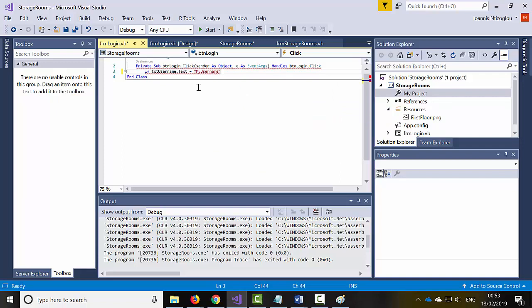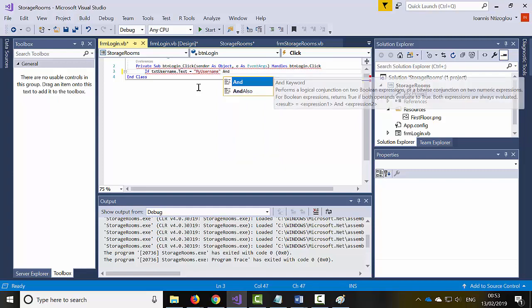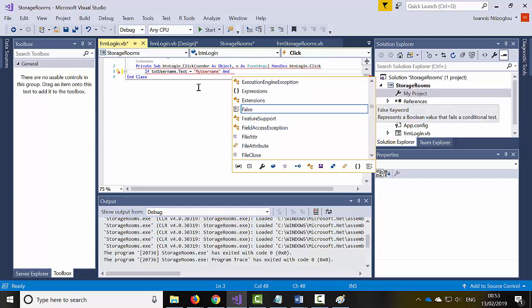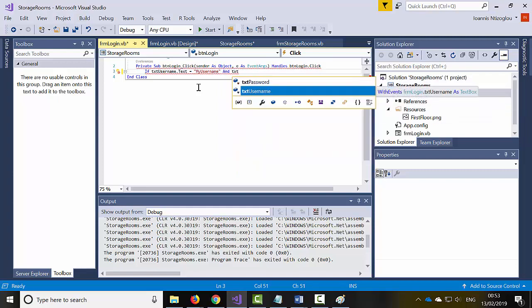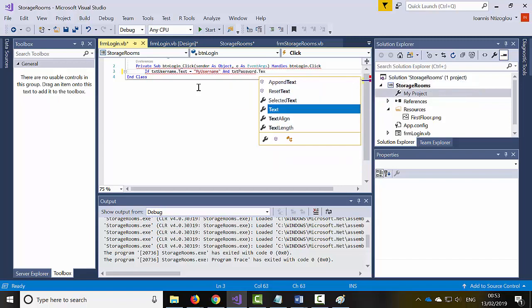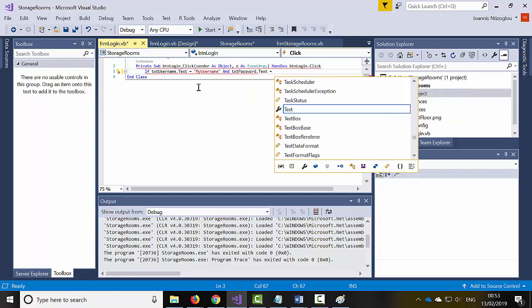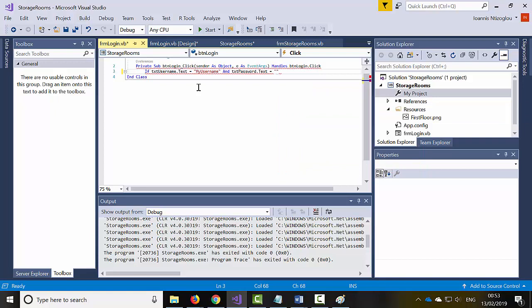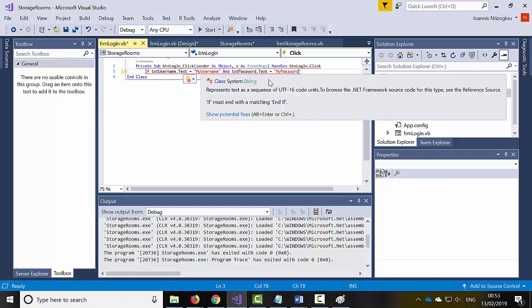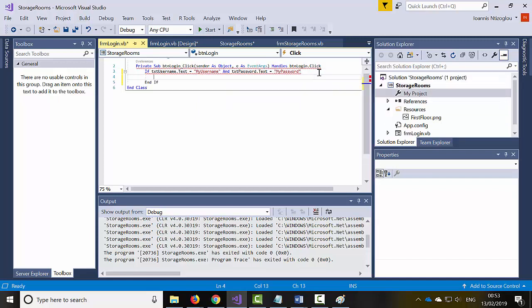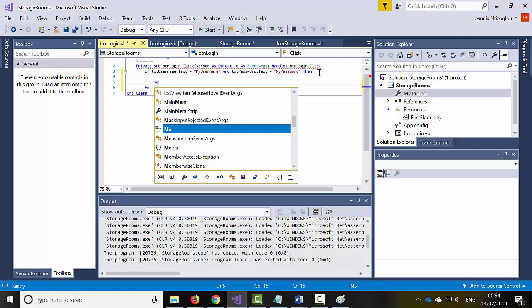This is based on what the client requests, and then I will say and txt password dot text equals whatever my password is. So as you can see, I put capital M, capital U, capital M, capital P. If that's true, then I want to Me dot,